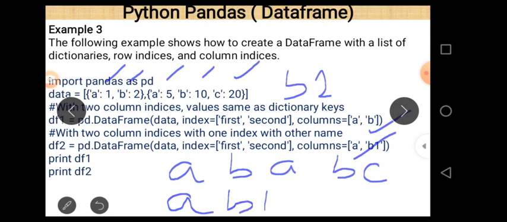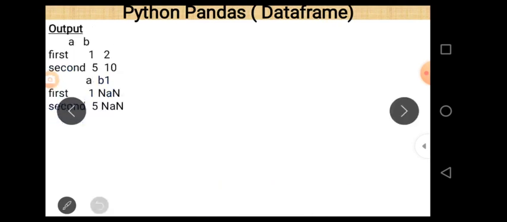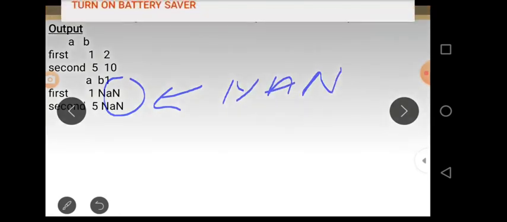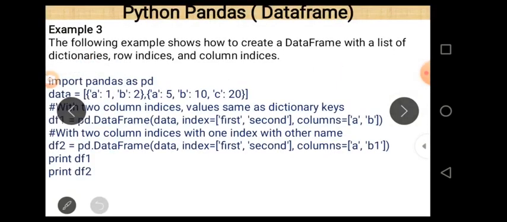Now this is a very important point. There are values belonging to A and B, but there is no value corresponding to b1. That's why when we want to print b1, NaN will appear here, because there is no value corresponding to b1. So this is the program, and that is the output belonging to that program.